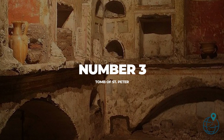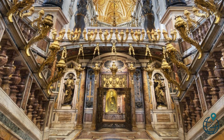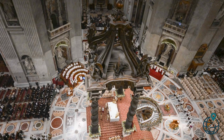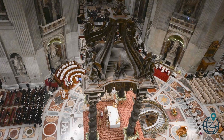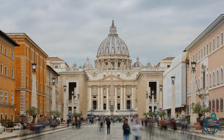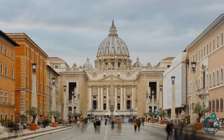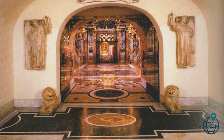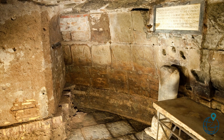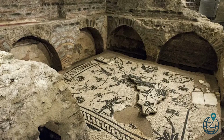Number 3. Tomb of St. Peter. St. Peter's Basilica in Vatican City, laid out by Bramante in 1506 and crowned by Michelangelo's dome in 1590, is built directly over what pilgrims have long venerated as the Apostle's burial site. Beneath the altar of the Confession lies a multi-layered necropolis, unearthed in the Scavi excavations led by Pope Pius XII